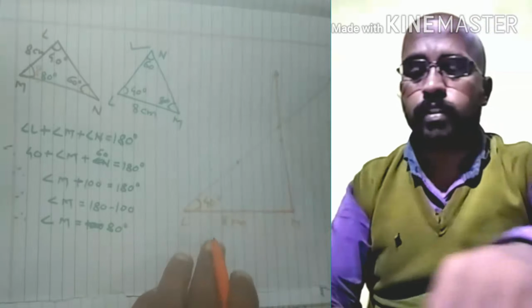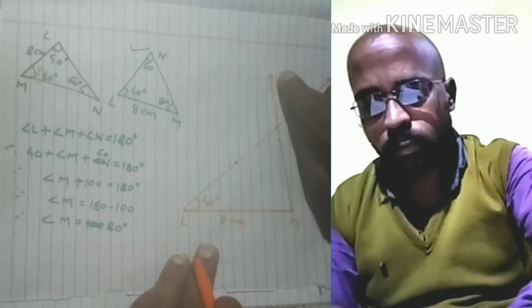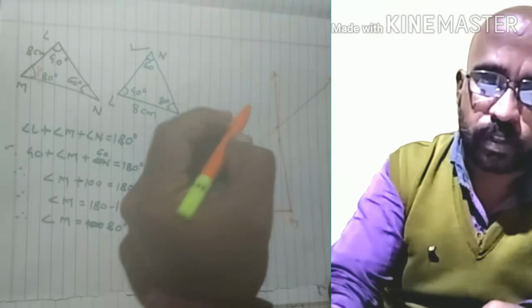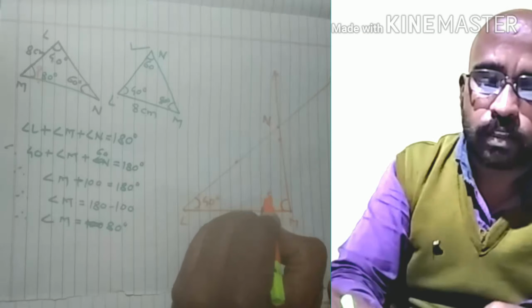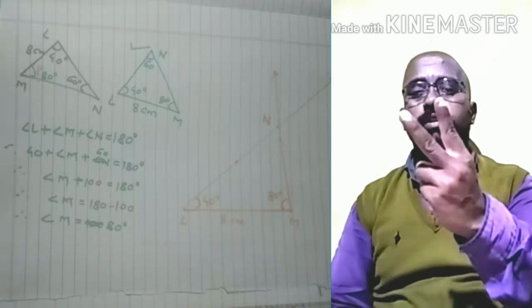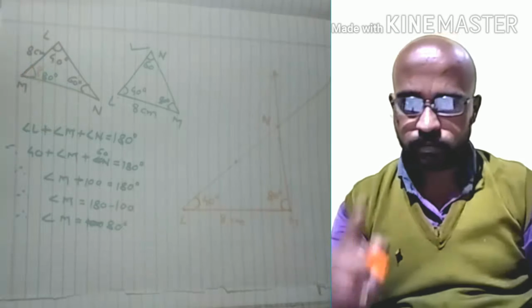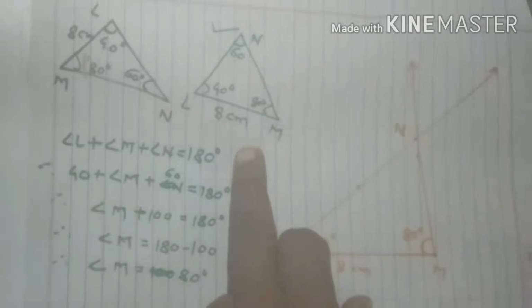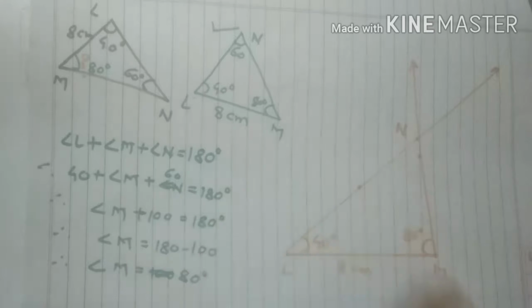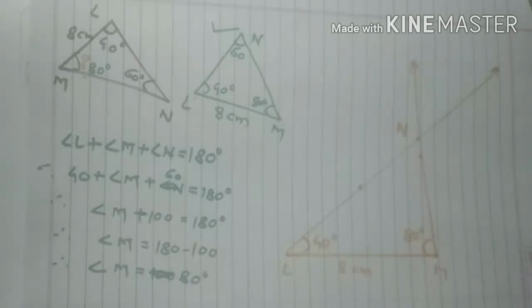Now this point is on this angle's ray, as well as on this ray, means this point is our required end point. So this is triangle LMN. In such kind of example, students, two things are most important. First, you need to find out the measurement of the third angle. Second, after finding out the measurement, you need to replace the rough figure, and give the names of the vertices and measurements according to the new rough figure. These two things are most important in such kind of examples.